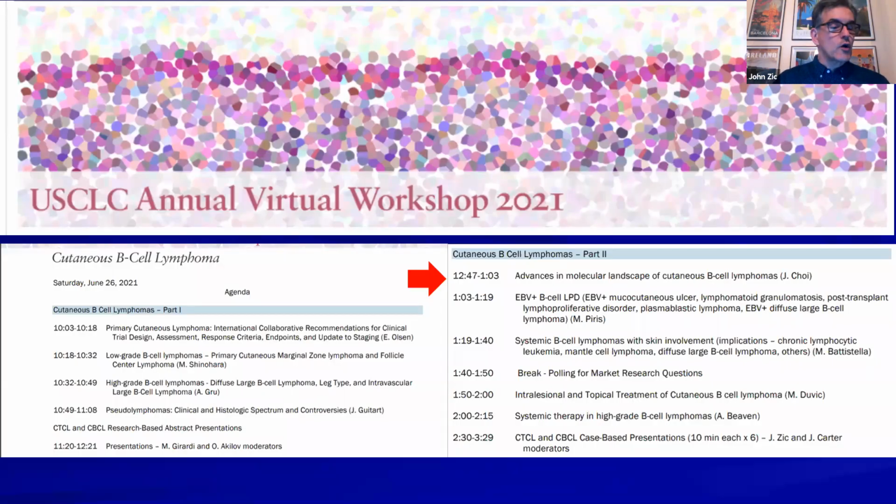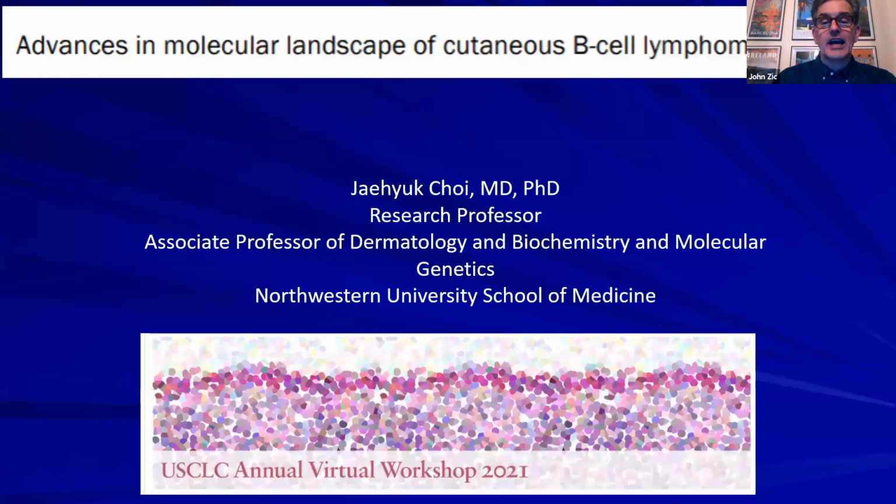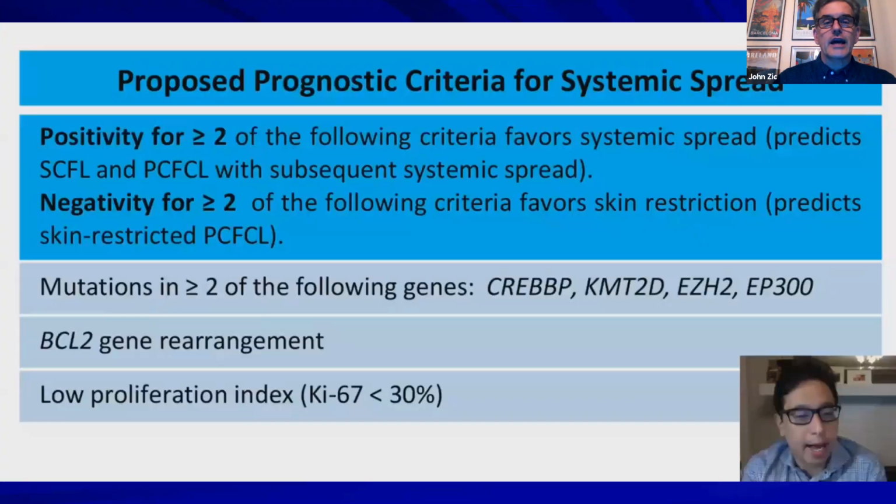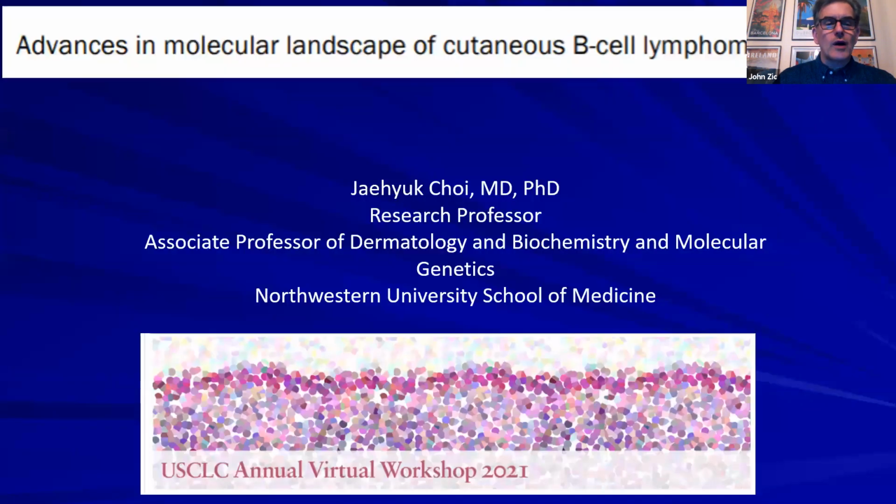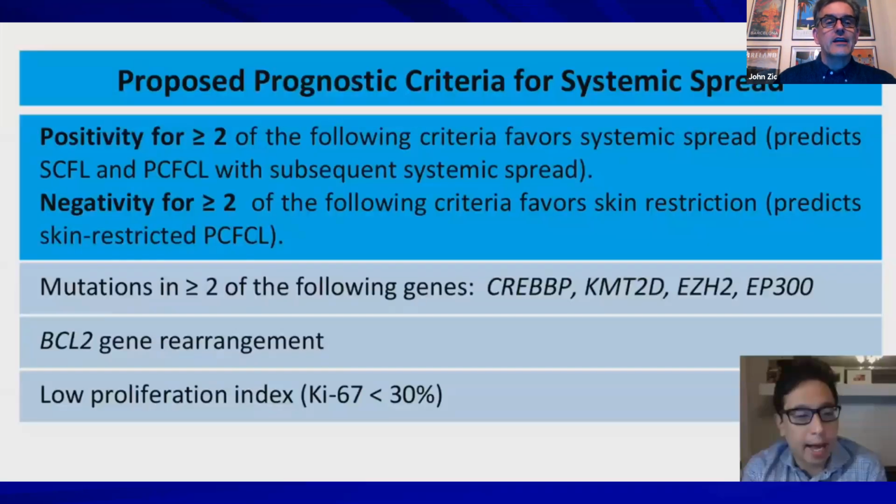And now we're going to go pretty quickly through the second half here. And so advances in molecular aspects of cutaneous B-cell lymphoma. One of the hard things, I'm sorry, I should introduce the author, was Dr. Choi. And Dr. Choi is at Northwestern School of Medicine. And Dr. Choi was trying to help physicians